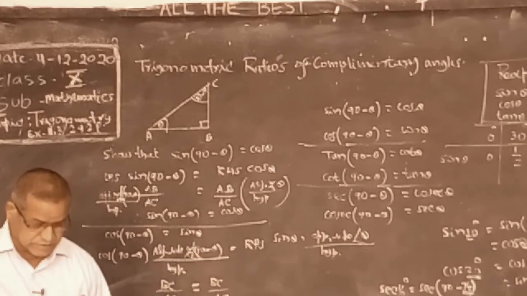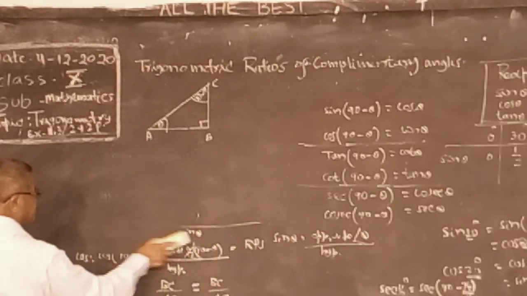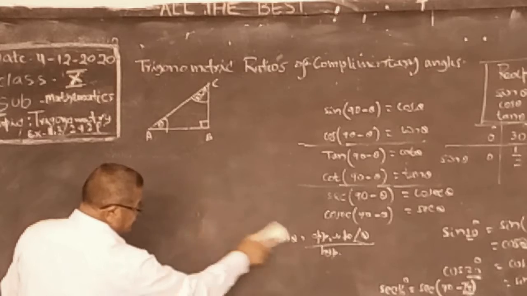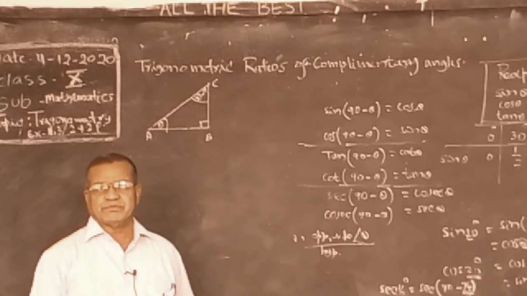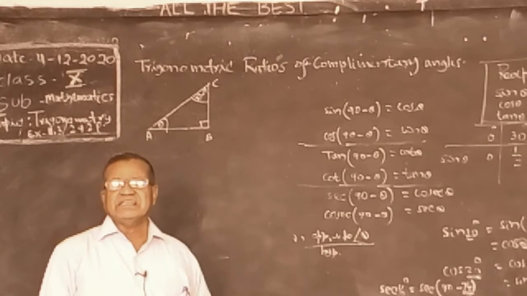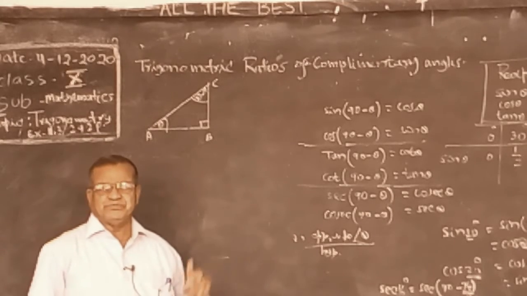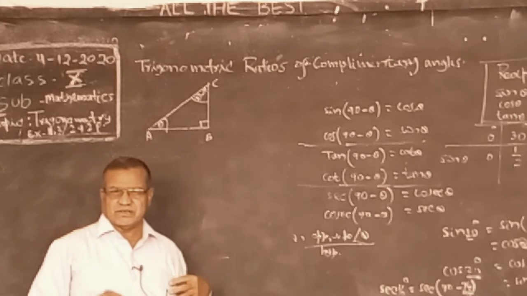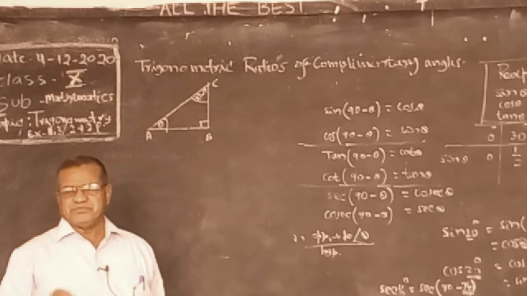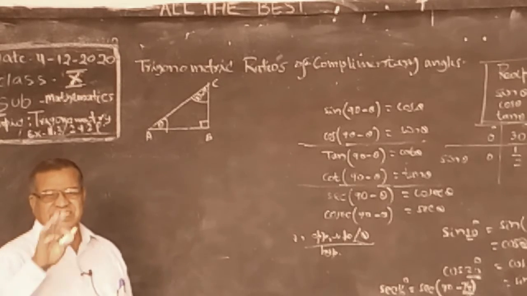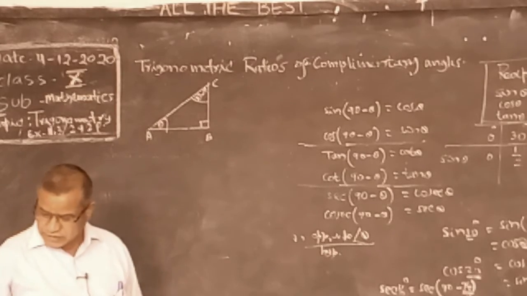Now let us go to the exercise. You need not be confused, I made it easy. How to remember complementary: in the definition only, sine and cosine, tan theta and cotangent theta. Co means complementary here. Secant theta and cosecant theta, sec and cosec. They are complementary angles. The definition is only like that.